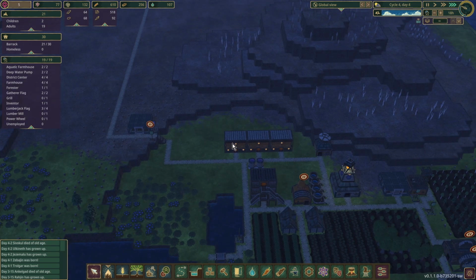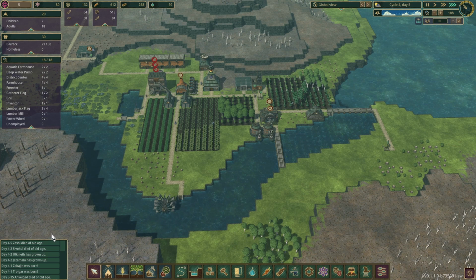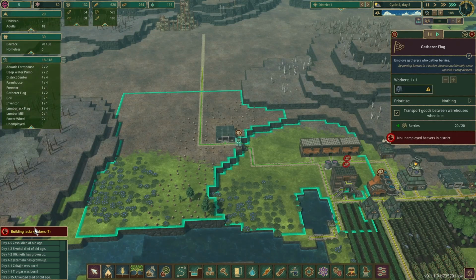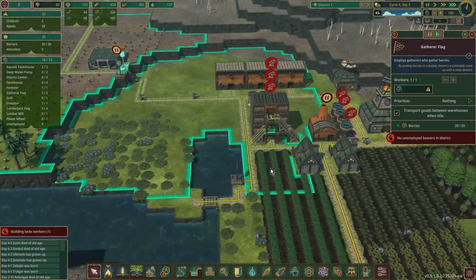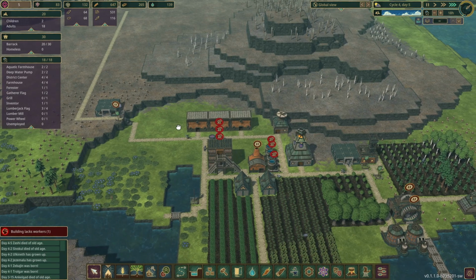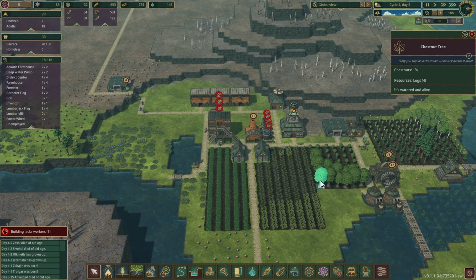Our other barrack building has been constructed, which is lucky. We now have 20 beavers. We have a building that lacks workers. Where? The gatherer's flag lacks workers because somebody's just died. How long until... children should grow up fairly soon, so that's okay. We still have somebody working this gatherer's flag. Oh, we also have some...